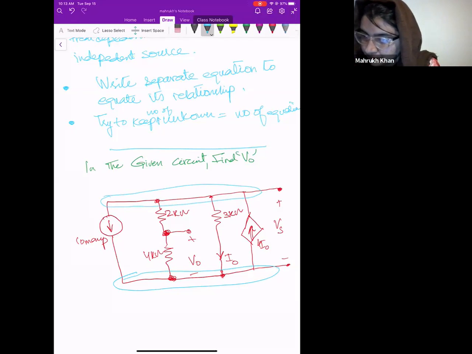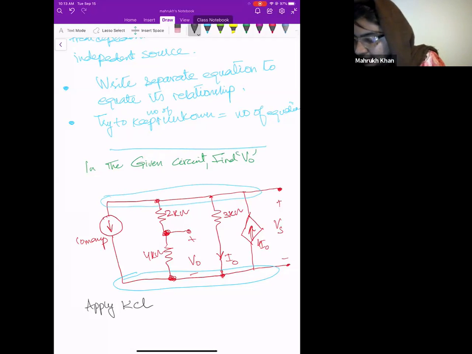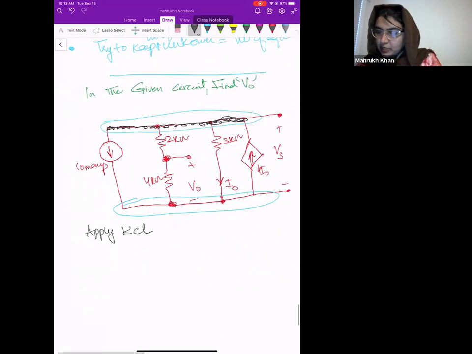So apply KCL. And in KCL, I'm saying that this node is V. So the equation will be,